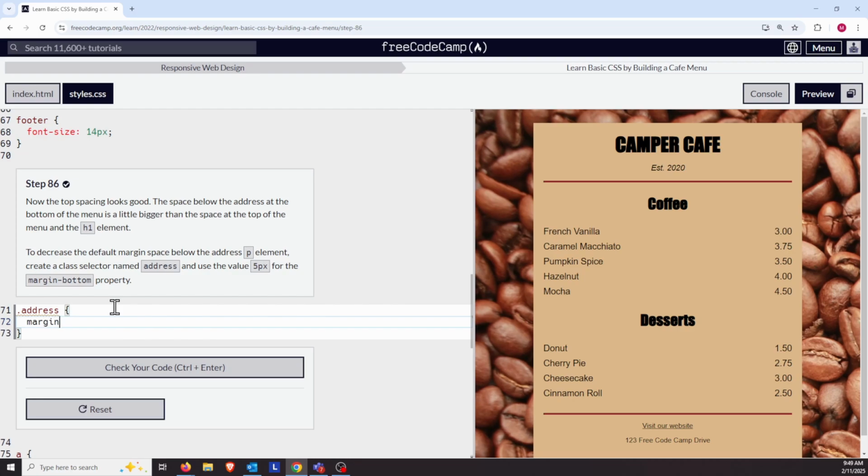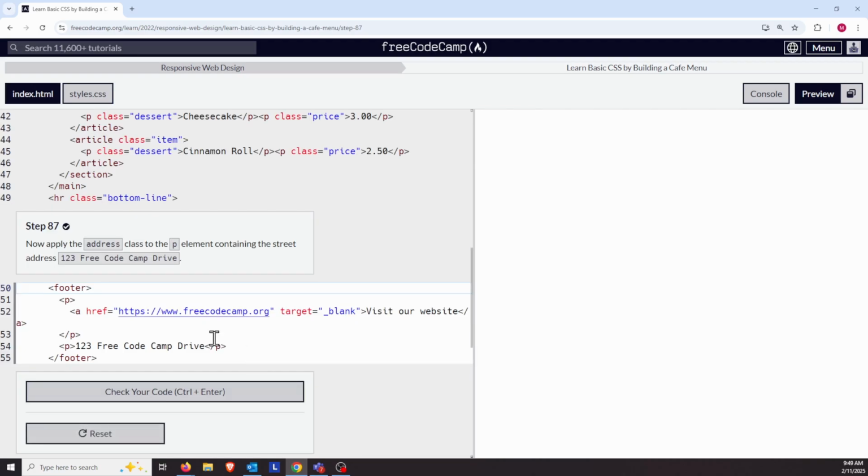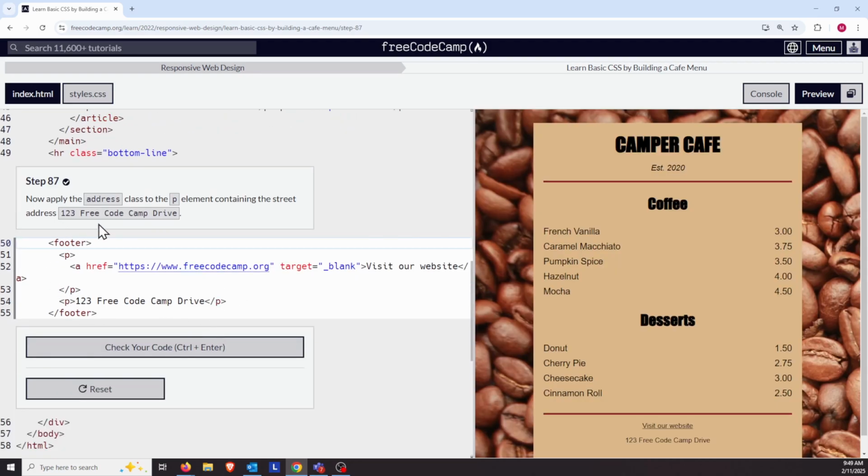And margin-bottom 5px. All right, now apply the address class to the P element containing the street address. So class